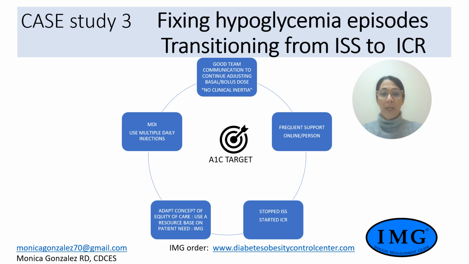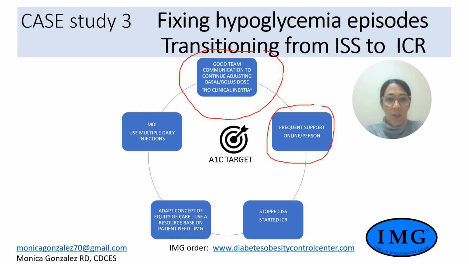And the pillars to reach A1C targets were the following. We had a good team communication to increase basal and bolus doses to get rid of clinical inertia. The second pillar was she had frequent support online and in-person sessions, at least 12 sessions per 3 months. Third, she stopped insulin sliding scale system and implemented an insulin carb ratio system guided by a diabetes educator to